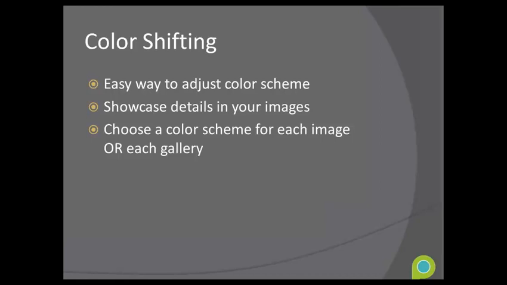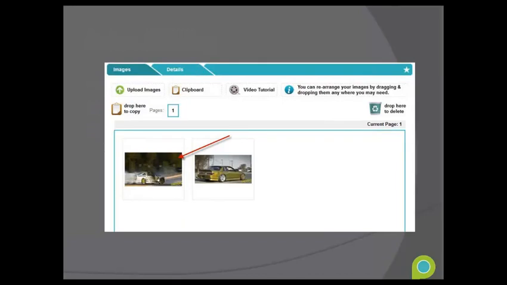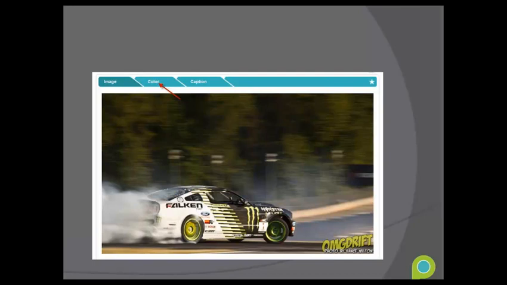To use the color shifting feature, the first thing that you're going to want to do is go into one of your galleries, so your homepage gallery or just one of your slideshows that you have on your website. From there, you will click on the image that you want to start the color shifting on. It's going to bring the image up for you a little bit larger, and you're going to notice that across the teal bar at the very top, you have image, color, and caption. The icon you're going to want to click on is the color,